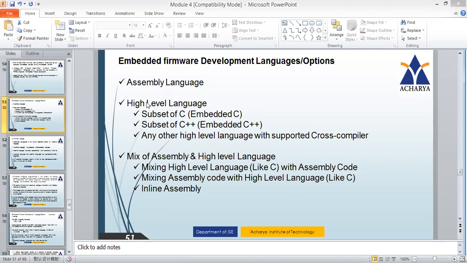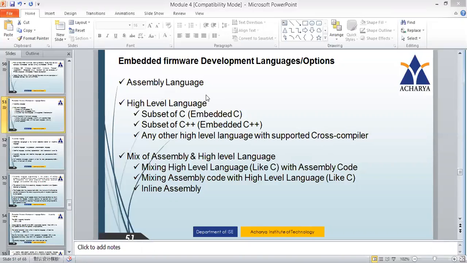You are writing C programs for hardware components like stepper motor, LCD, CRO, keypad, and 7-segment display. So we can implement the program using a subset of C, using embedded C or embedded C++ or any other higher level language with a supported cross compiler. We'll come to this cross compiler at the end of this module.